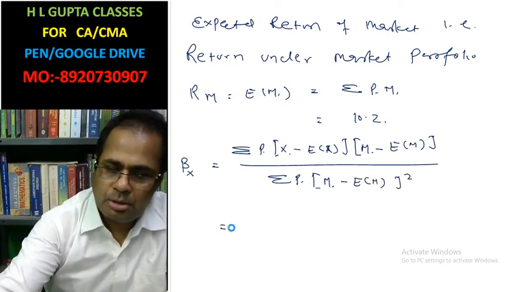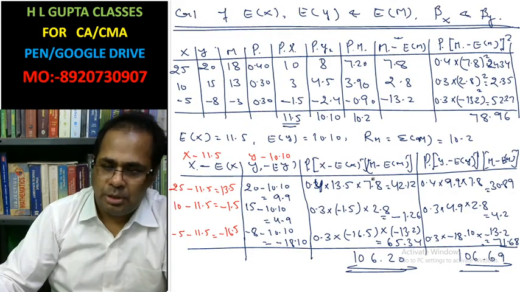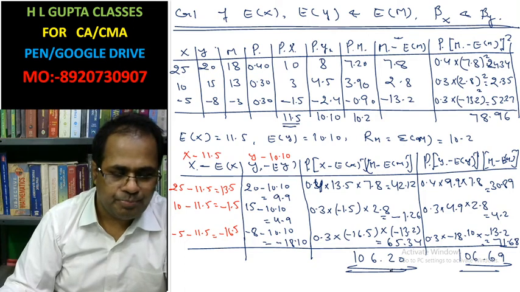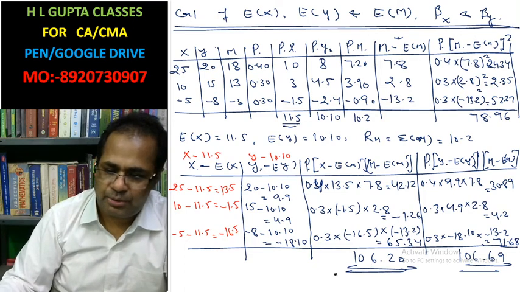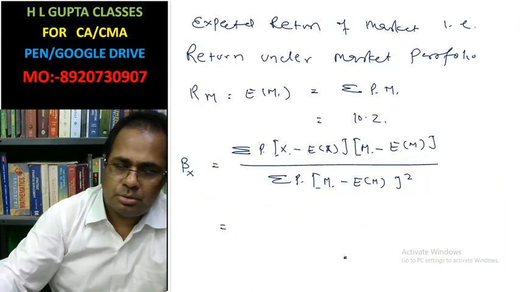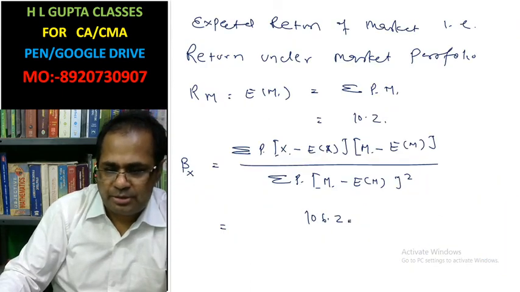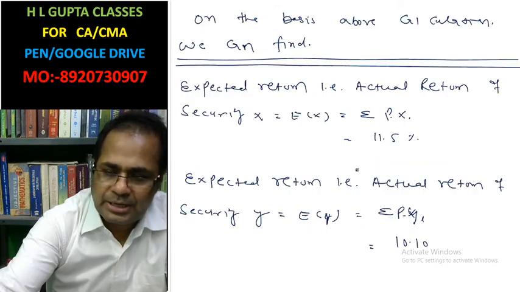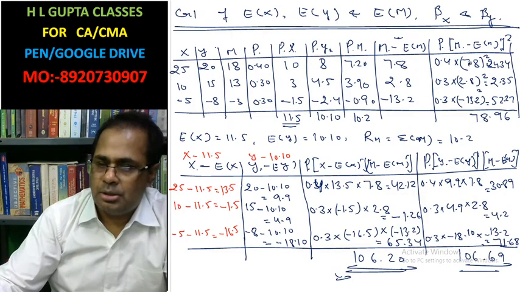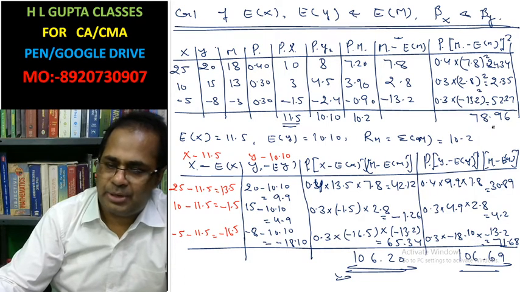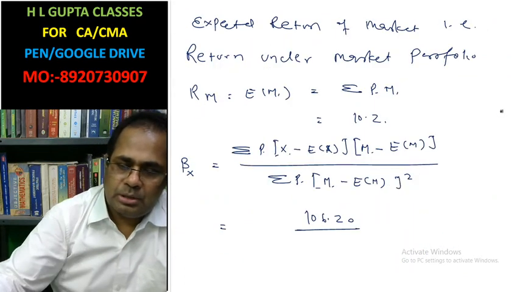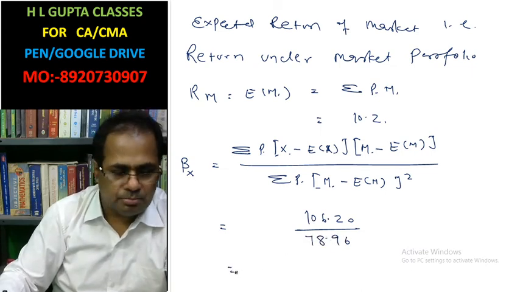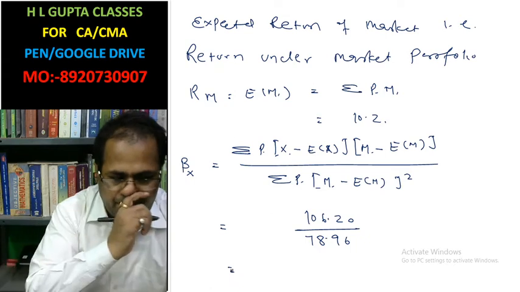Look at here, xi mi 106.20, this is here 106.20. Now variance of market is also calculated in this case. This is the variance of market 78.96. This is the beta